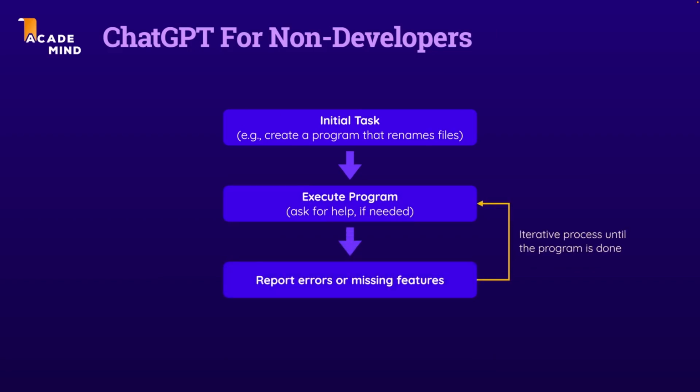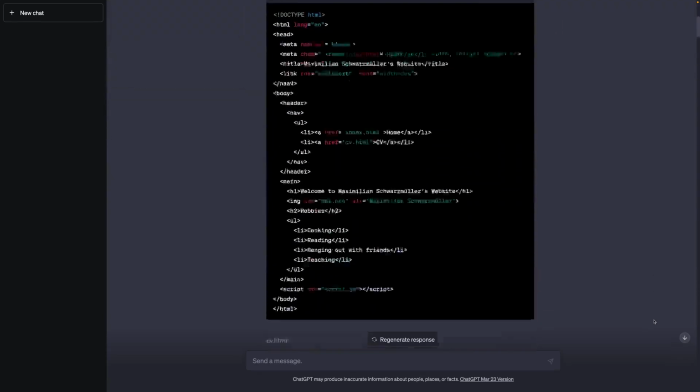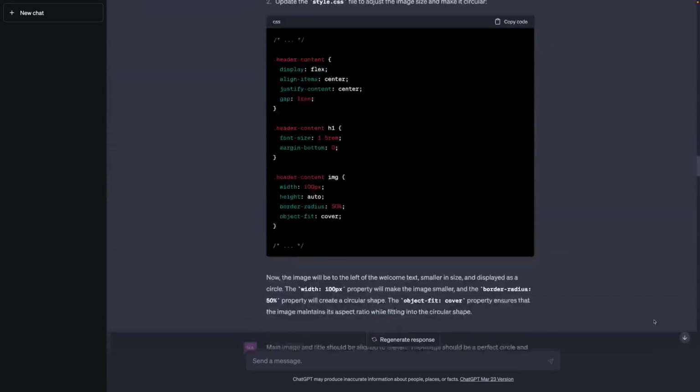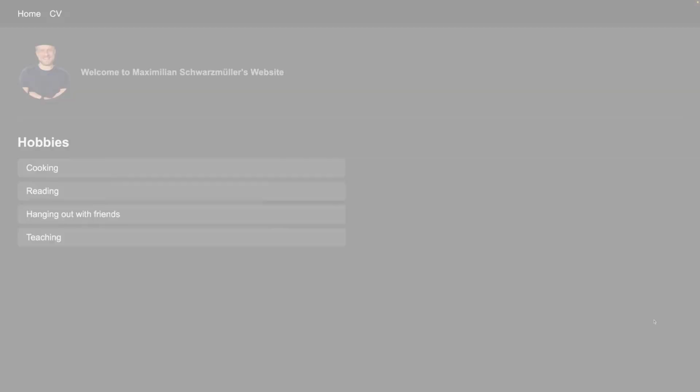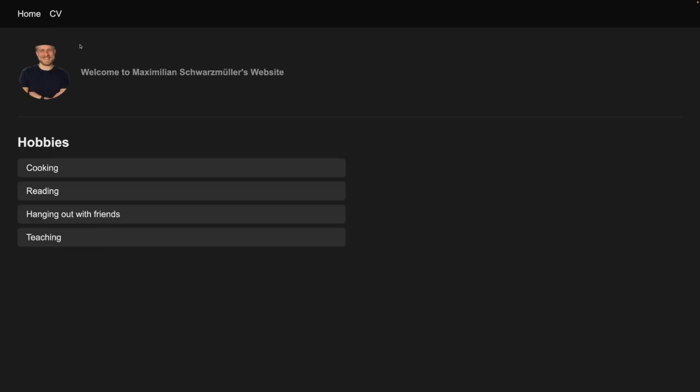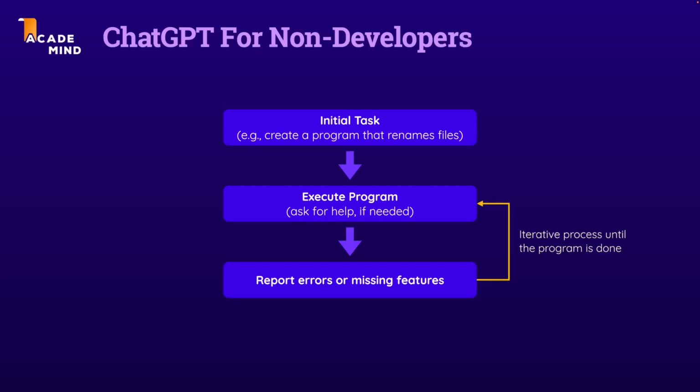So it is an iterative process, and as you saw in this course section, it can of course take a couple of prompts and quite some time until you have the final result because you don't have that programming knowledge, but nonetheless at some point you will have that final result. And especially when it comes to building utility scripts or basic programs or basic websites, ChatGPT can really be a great help and allows you to build these things without knowing how to code.